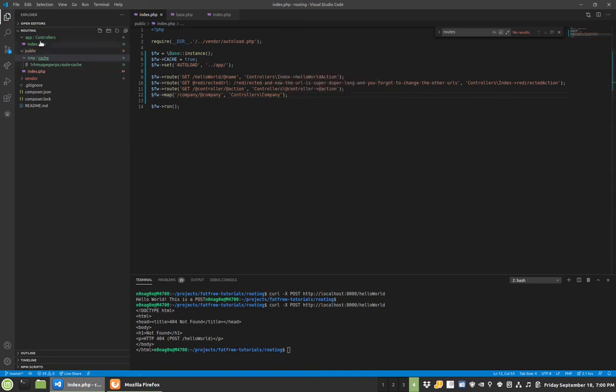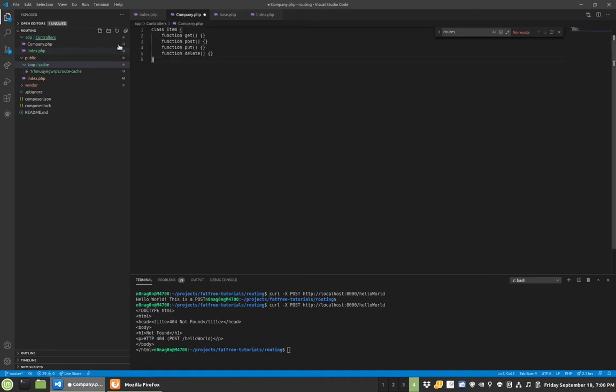So I'll come over here to our controllers and create a new one. It's going to be company. I'm going to paste some code in here. Company. Namespace controllers. So you can see in here, this is a get. We'll do the same thing. Let's change them all. Delete,